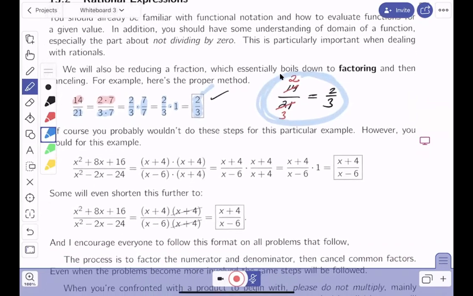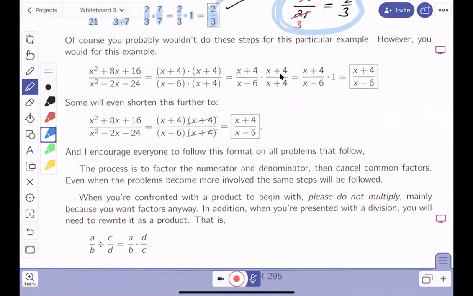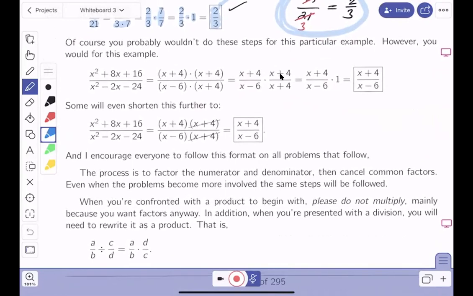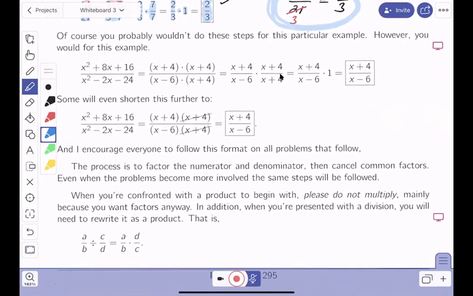The problem about this over here is a lot of students don't really understand the process. So we want to enforce what we want you to do. And what we want you to do is factor, factor, factor. Let me go through that for you. So you're going to see a fraction here, and this is a fraction. There's a top. This is the numerator. You're going to factor that numerator,